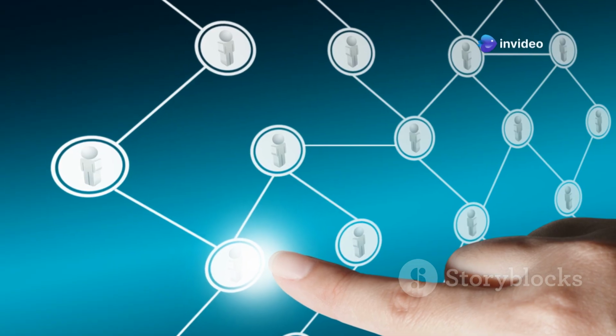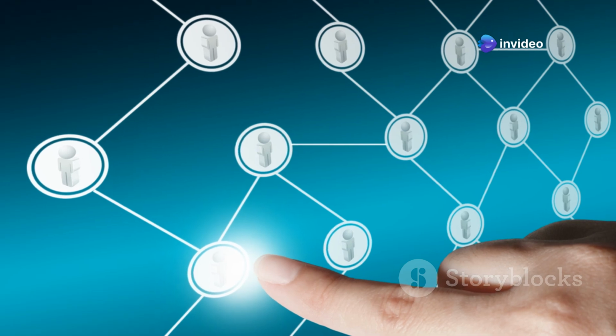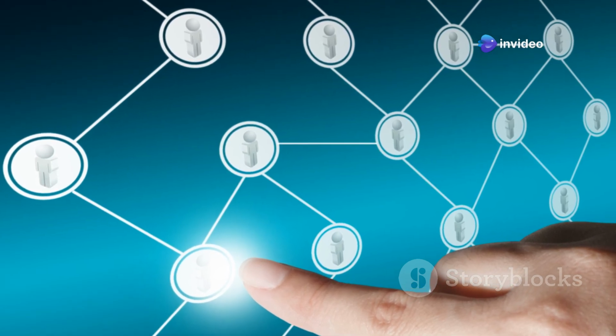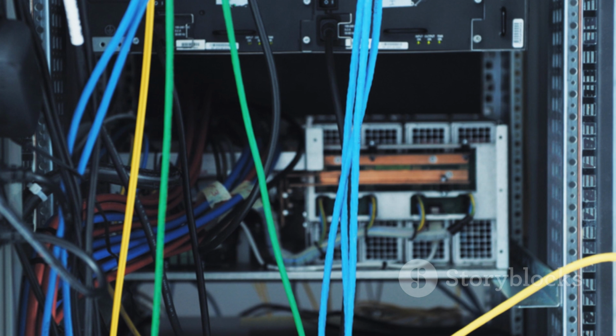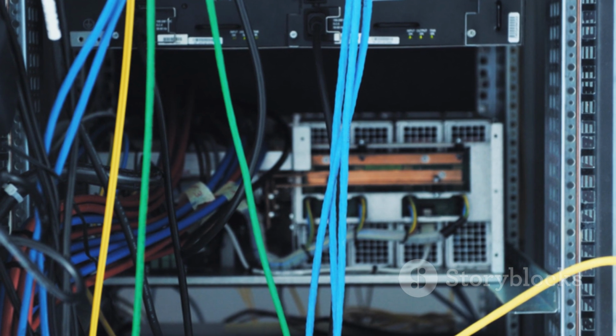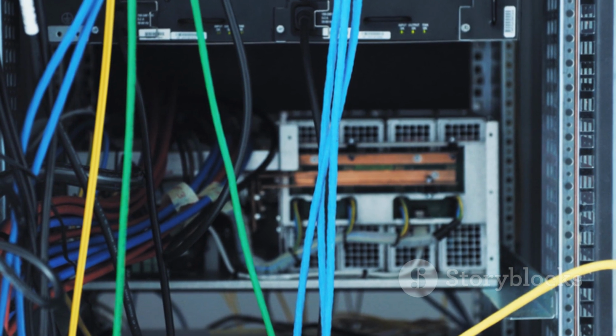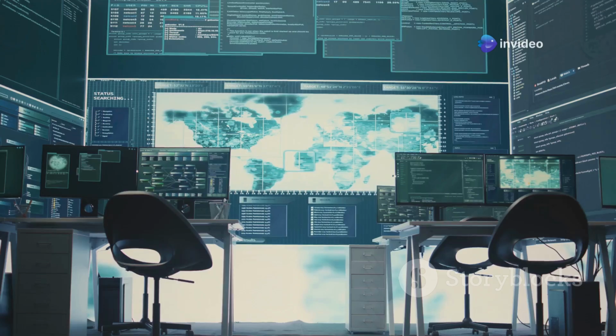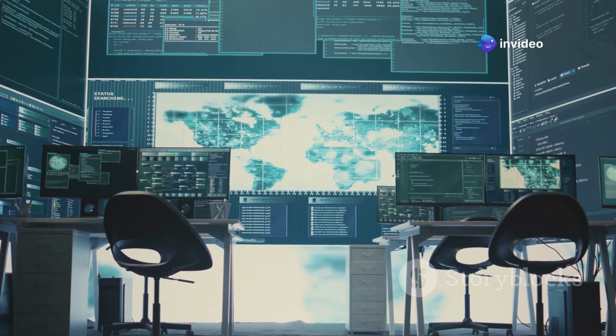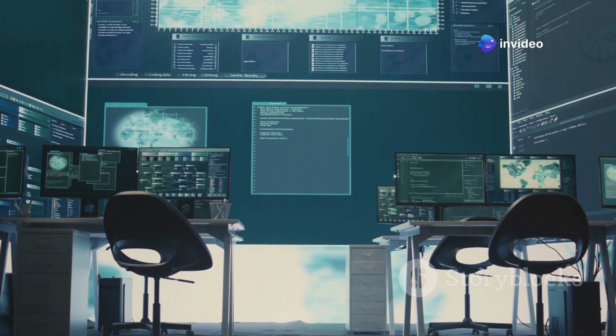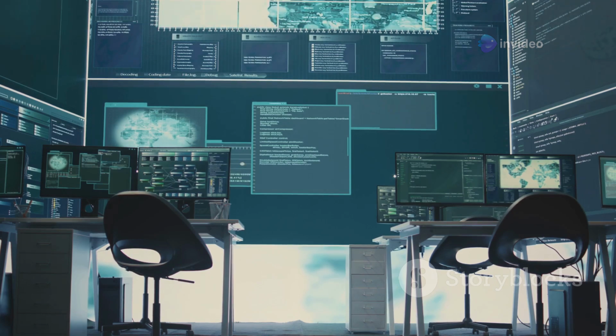Think of the OSI model as a 7-layer cake, with each layer representing a different stage of the communication process. At the bottom layer, we have the physical layer, dealing with the physical transmission of data over cables or wireless signals. As we move up the layers, each layer performs specific functions, from error detection and correction to data encryption